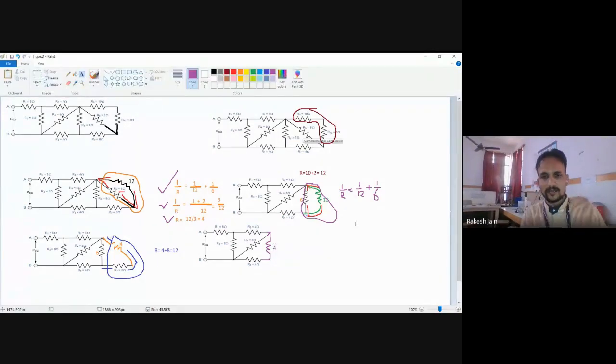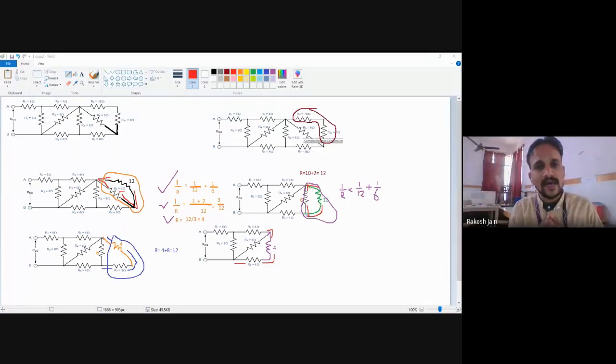Now see again, once again, now see this modified question. With this red color, I am going to teach you that this 4 ohm one terminal and this 4 ohm one terminal is connected with each other. But this 4 ohm second terminal is connected somewhere else, and this 4 ohm second terminal is connected somewhere else. So what is the meaning? These two 4 ohm resistances, one point is connected with each other, but the second point is somewhere else. It means these two resistances are connected in series.